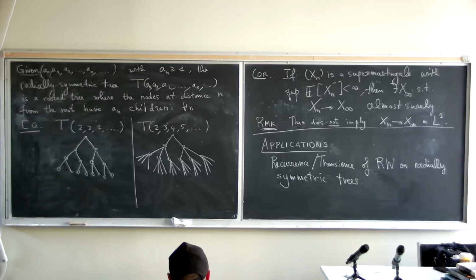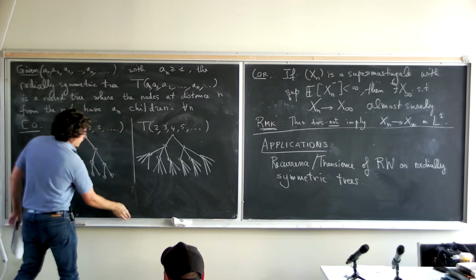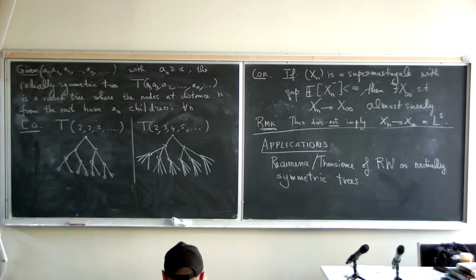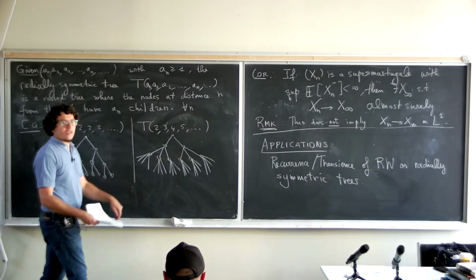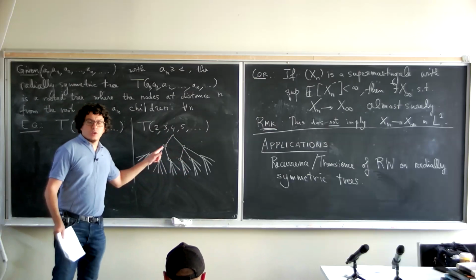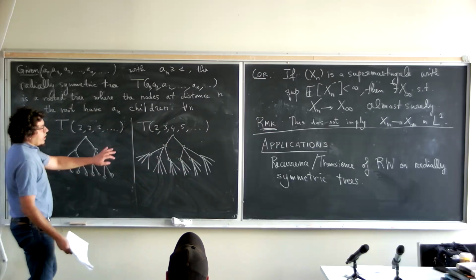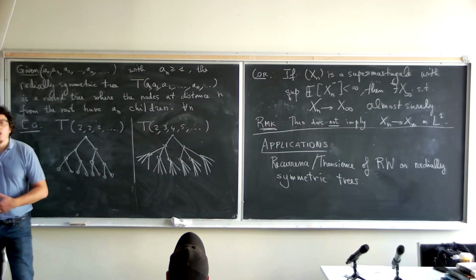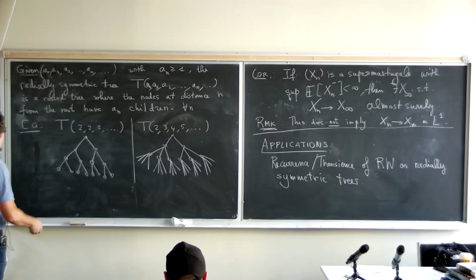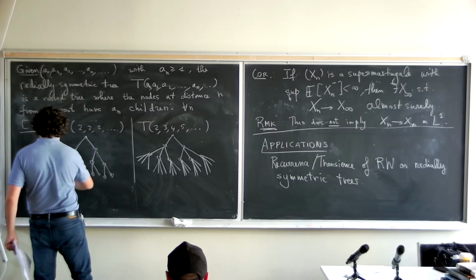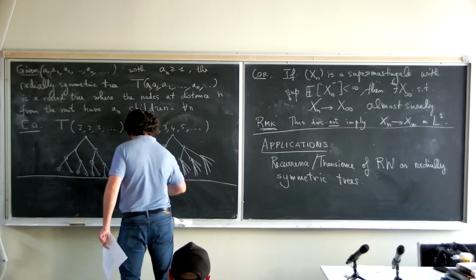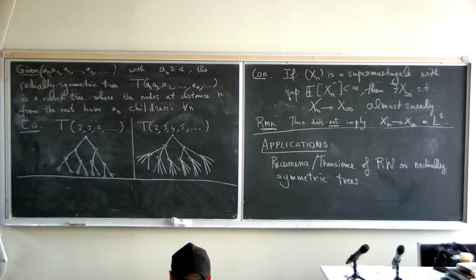So the question is, if you do simple random walk on this tree, so every time you choose one of the neighbors with the same probability, would this random walk be transient or recurrent? It's kind of neat. You can sort of predict that using martingales and some sort of harmonic functions that we haven't seen in general yet, but I think it's a good warm-up exercise.